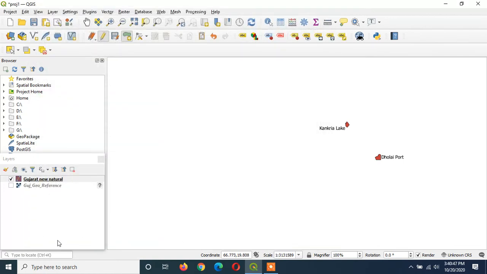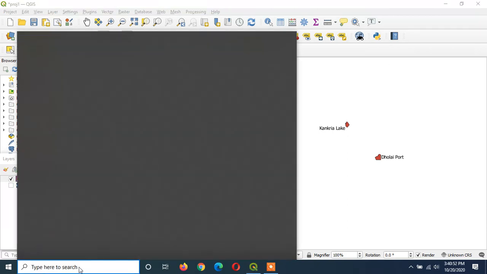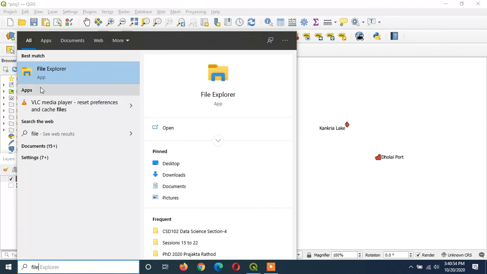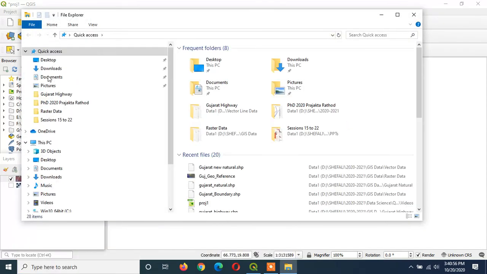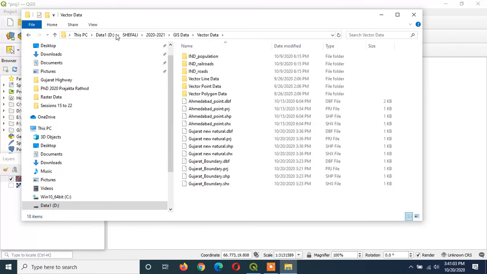So this is how we can create a new vector polygon data. Now we want to check whether it has created those 3 supporting files or not. I am pasting this path which I copied at that time, and here you can see these 4 files which are related to the vector polygon layer that was created recently.